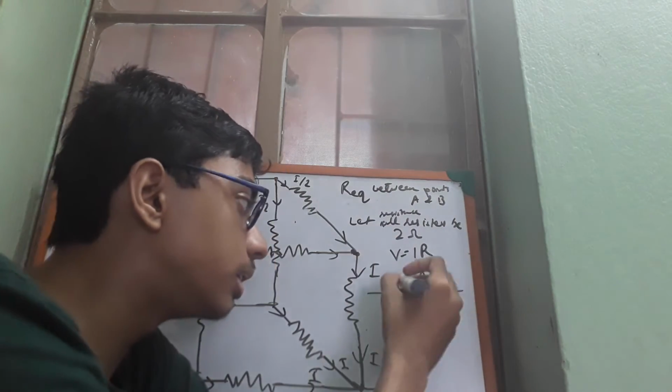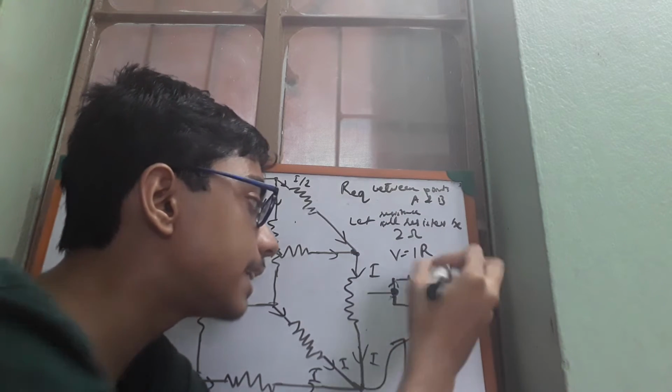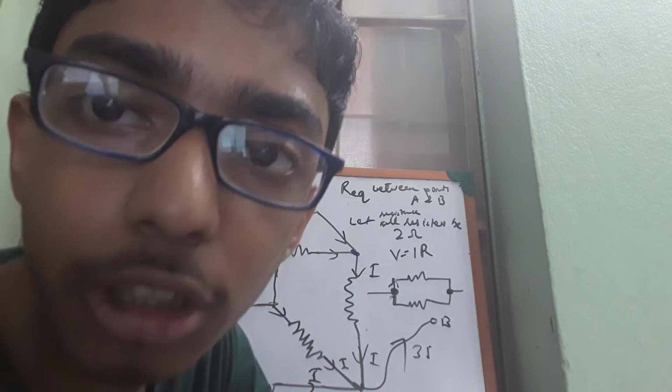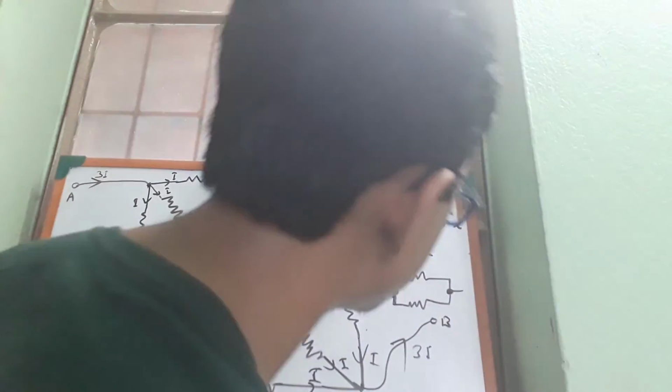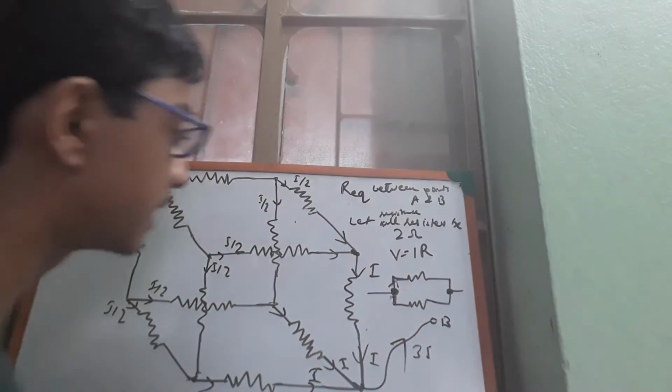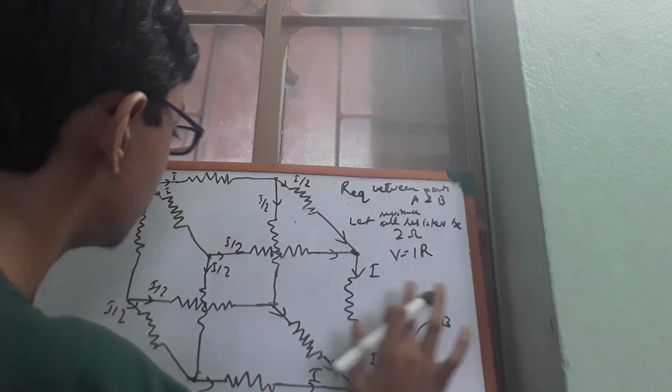But you see, both these resistances, if you consider these 2 points, the voltage is remaining the same across these 2 points, right? The voltage is remaining the same. The current, in this case, will not be the same. The current will divide itself, but the voltage remains the same. Now this is the concept that we will have to use here to solve this question.